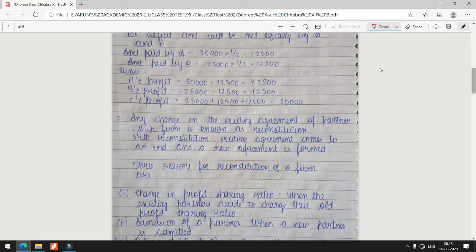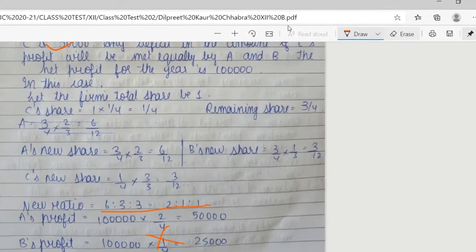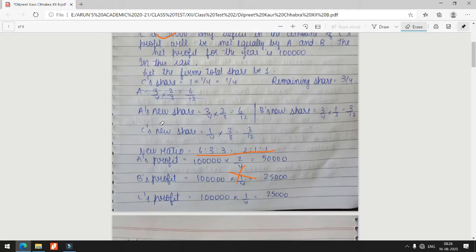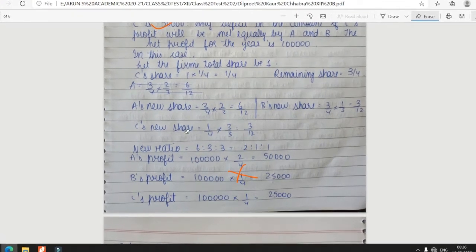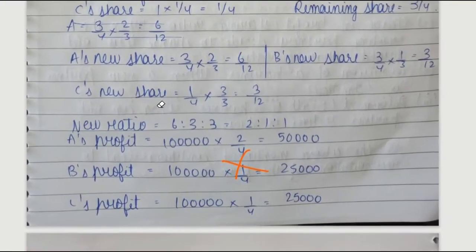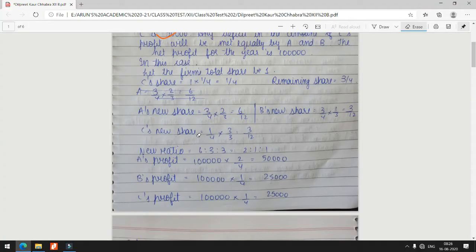Suppose if any mistake is there, you can mark it, suppose it is wrong or something, like this. And if you have made some mistake, you cannot delete it by the delete button. So what to do? Click on Erase. On the top you can see the erase icon, click on that and select erase and click on what correction you need. Don't click the delete button, it won't work. Understood how to remove any mistake if you have made. Or if you want any correction on the checked paper, you can do it with erase.